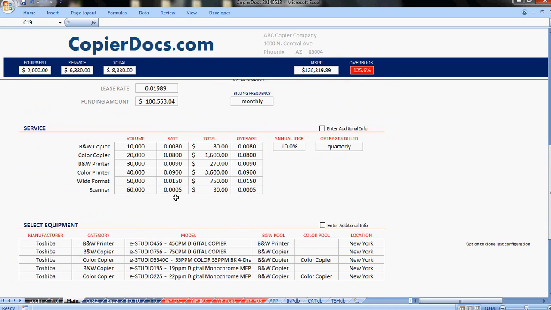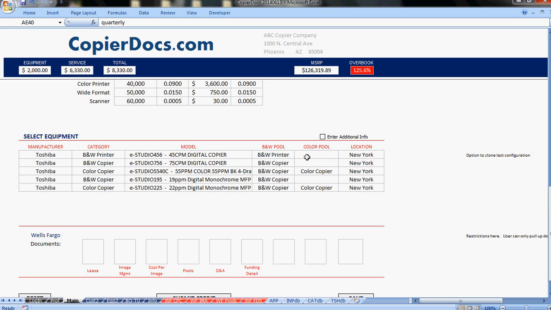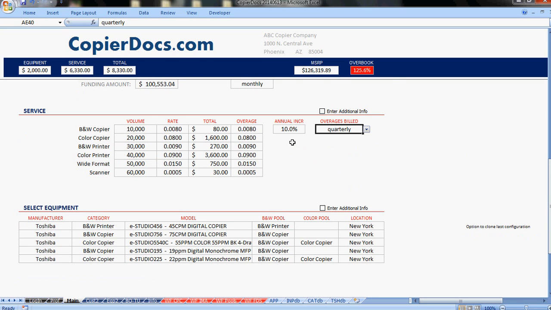So here's the service. We're just going to add the annual increase for that service, which again populates on the funding detail sheet, and then how often the overages are billed. I'm going to select the equipment here, and I'm going to make these pools default to whatever the category is. So you can see black and white printer automatically sets that as black and white printer for the black and white pool. But if I change it to copier, right here,